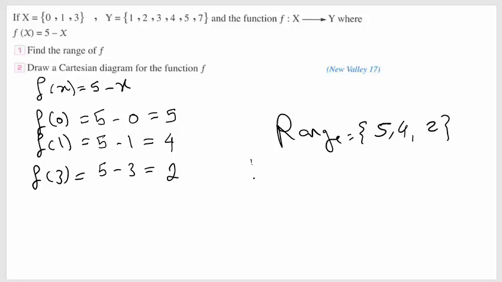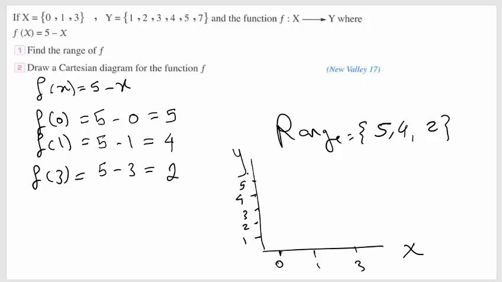To represent it on the Cartesian diagram, I will put x here and y here. x on the horizontal axis, y on the vertical axis. I will put 0, 1, and 3, and on y 1, 2, 3, 4, 5, and 7. Let's put our points: 0 with 5, and 1 with 4, 3 with 2. Here we got 3 points. If you need to write the set of the function, I will